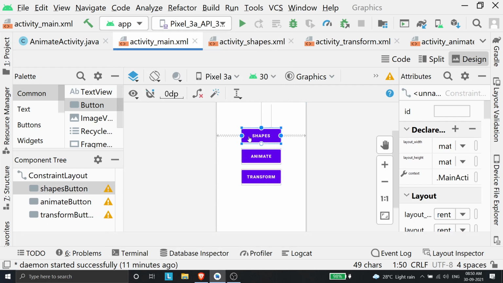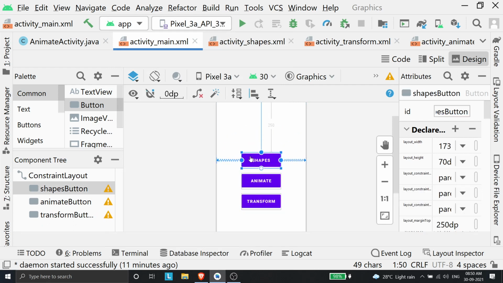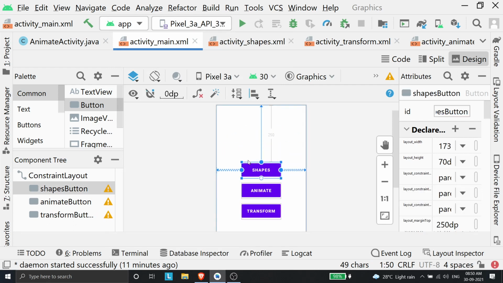So once you place the button over there in constraint layout, what you need to do is first horizontally and vertically constrain the button as I said, because it's a constraint layout. If you do not do this horizontal and vertical constrainment, what will happen is everything will just be cluttered to one side of the UI, and you will not be able to distinguish different components.